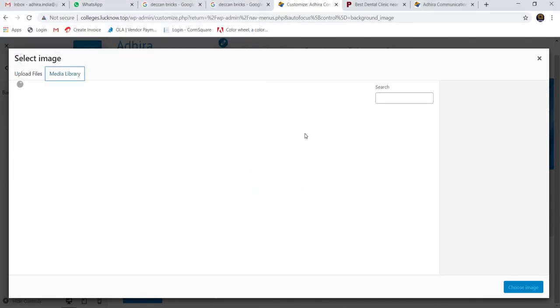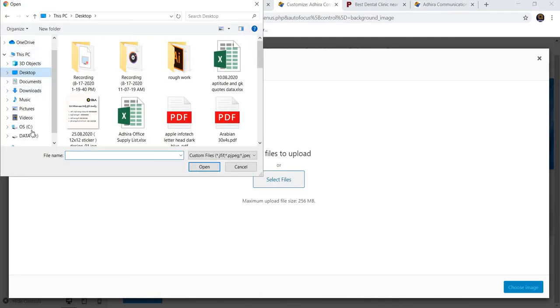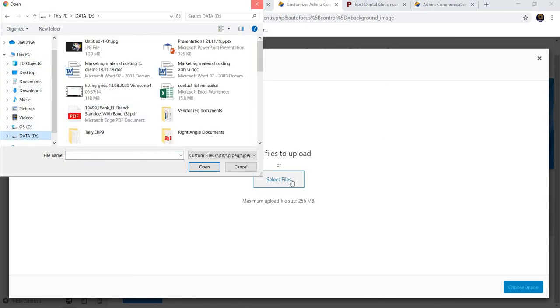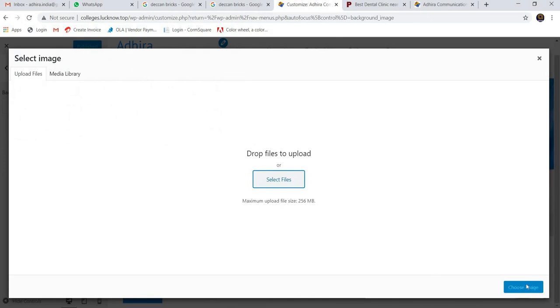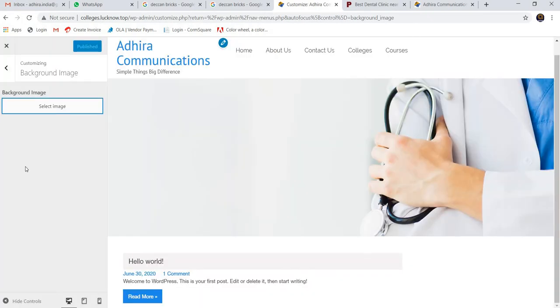If you already have it in the media library, you can select it here. If you want to select files, you can select from desktop or drive where you have already saved, and then click choose image. It will appear over here.